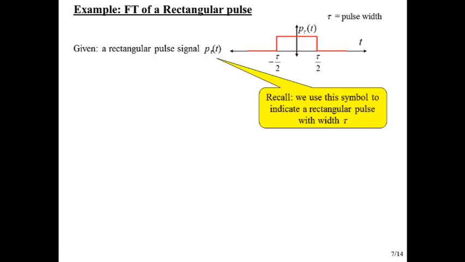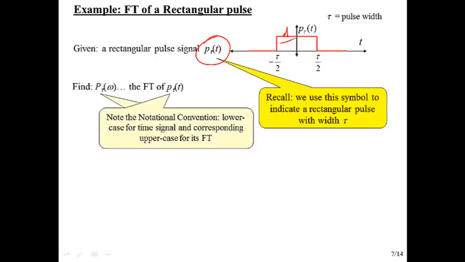Remember the rectangular pulse that we introduced? This notation with the subscript tau means a rectangular pulse centered at the origin with width of tau and height of 1. I don't show it here, but this thing should have a height of 1, which I'm doing a very poor job of drawing here. So this should have a height of 1. My pen doesn't seem to be working very well up in that region. Anyway,